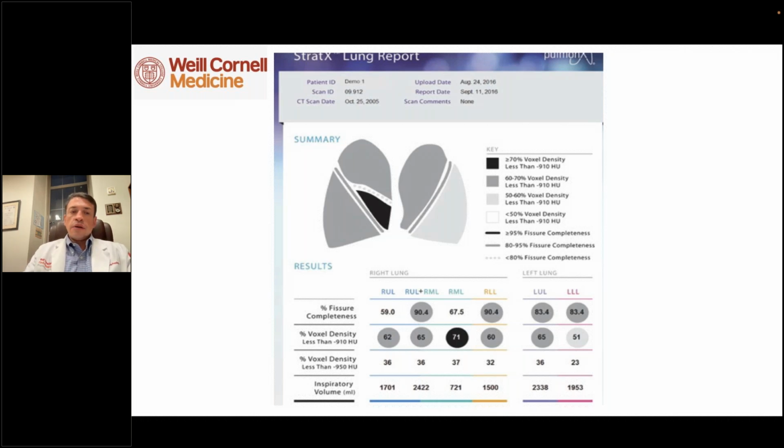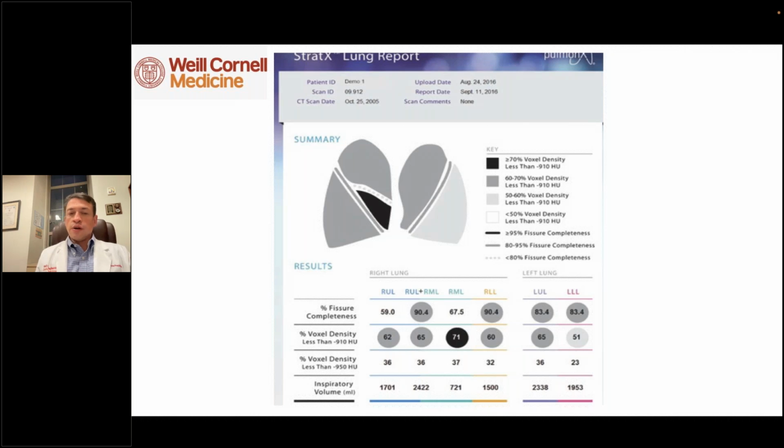This analysis here is based on this software that analyzes the CAT scan and tells us, number one, how much emphysema is there. So this is a quantitative assessment of emphysema, and this is really based on the voxel density. If you remember, voxels are measured in Hounsfield units. The more air you have, the closer you are to -1,000. So pure air is -1,000, bone is positive 1,000, and so if you use a cutoff of -910 Hounsfield units,